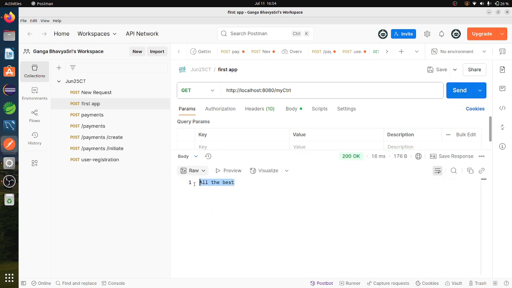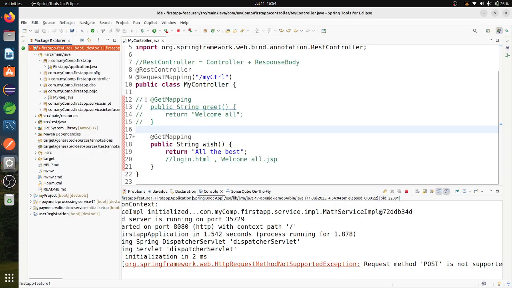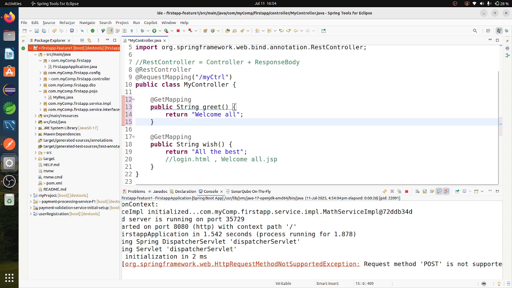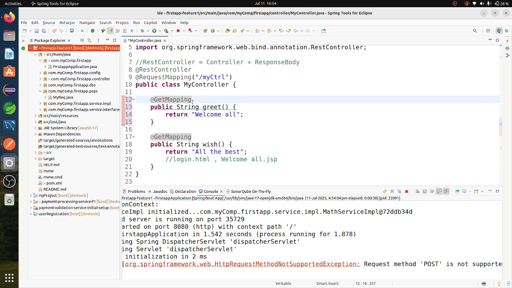Now it is coming. I removed one method, so it is working now. But if I want to use two methods and differentiate them, I can simply pass the API to one of the methods. So here what I'll do, I'll say get.